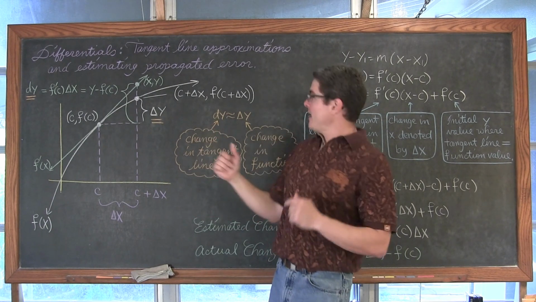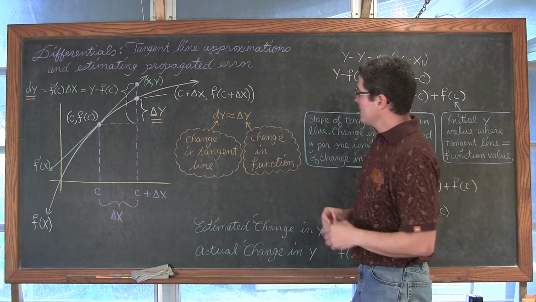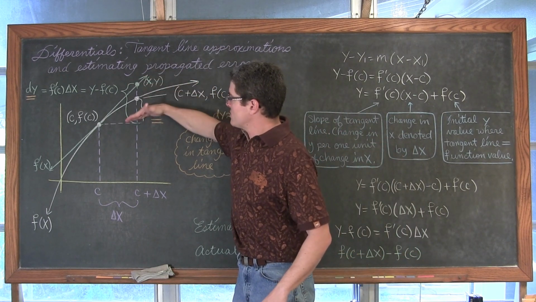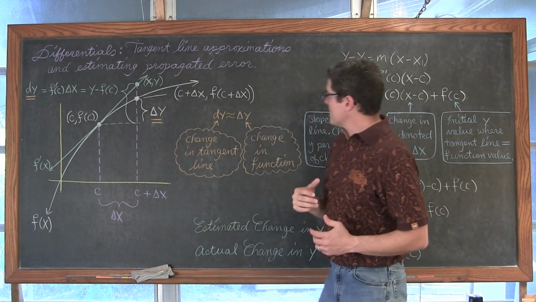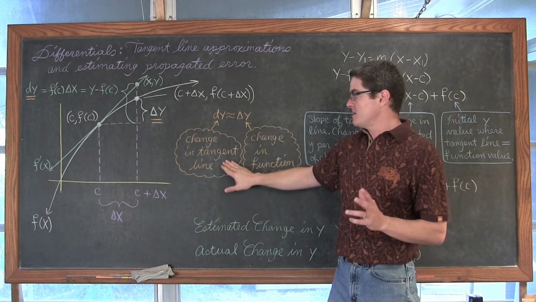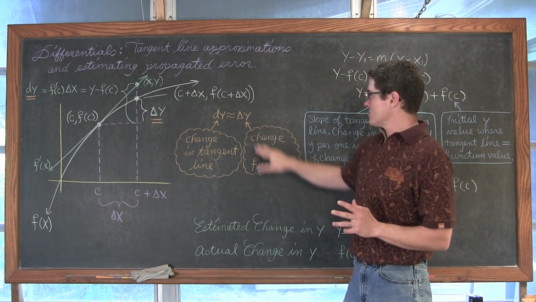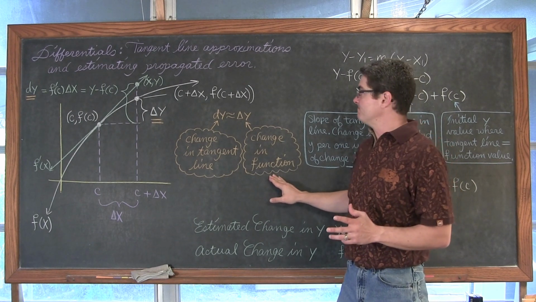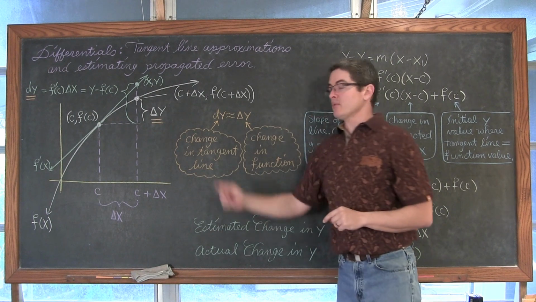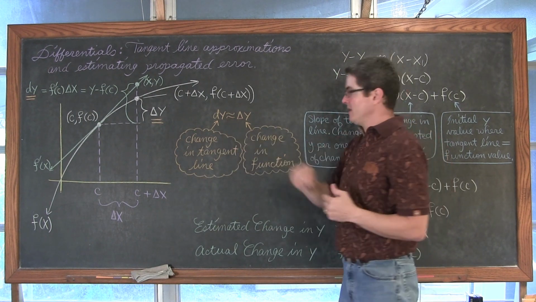And as I move out of the way, we'll eventually see pretty quickly how dy, the amount of vertical change in the tangent line, is going to approximate delta y, which we're going to be identifying as the change in the tangent line, and delta y for the change in the actual function. As we get close to c, these values are going to be closer and closer together, and thus I have an approximation symbol between these.